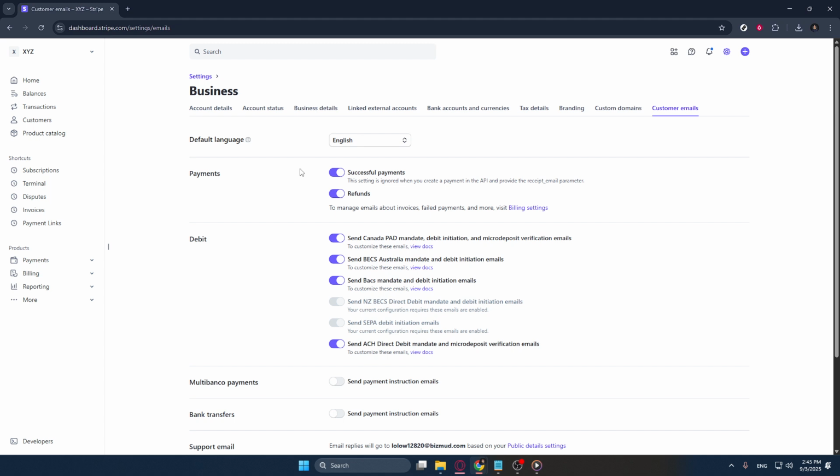Remember, taking a few moments to ensure such details are handled properly can drastically reduce the chances of confusion or disputes in the future. I hope this guide was clear and helpful, and that you feel more confident in managing your Stripe settings. Don't hesitate to explore other features in Stripe, as there are many more tools to help optimize your business